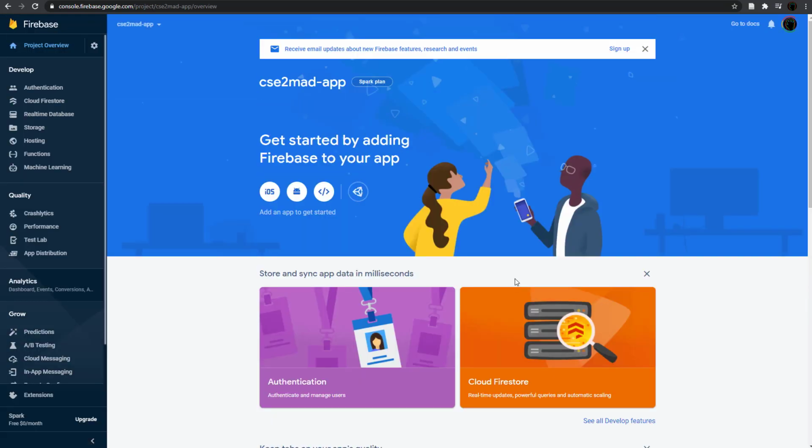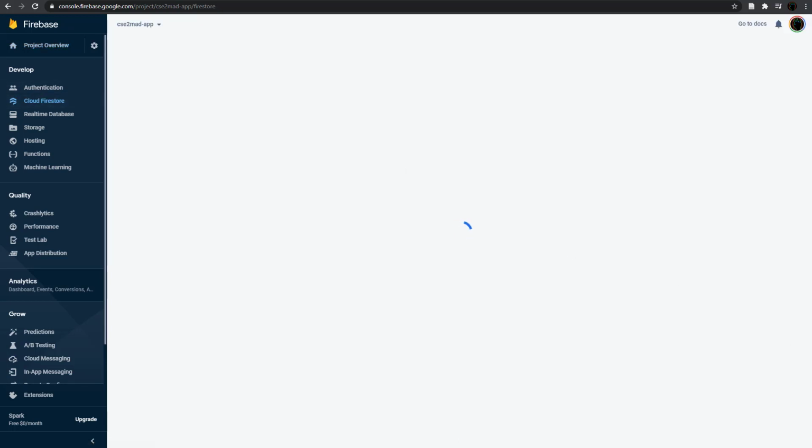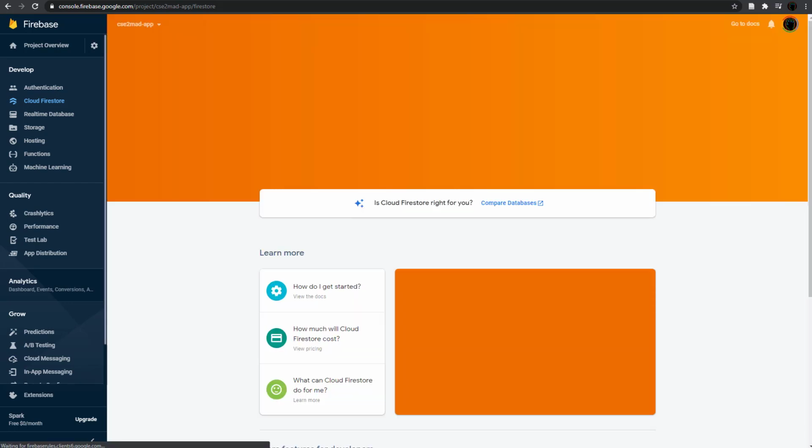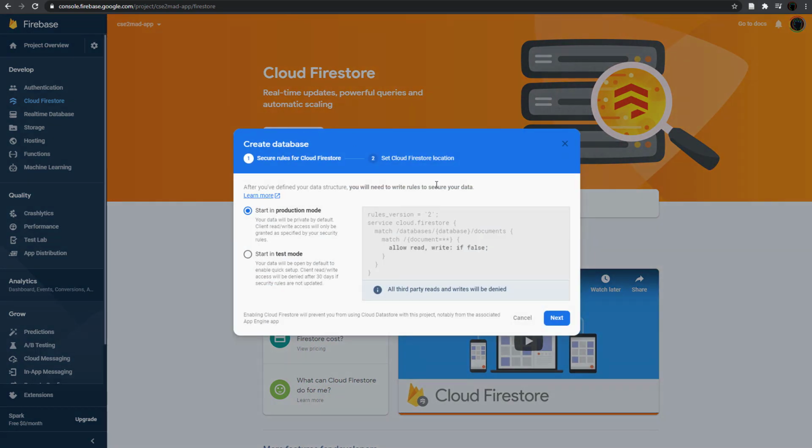Okay, so now we'll continue to our app project. Okay, so our project has been created here. And now we're going to add the Cloud Firestore. So we'll just click Create Database, and we will start in production mode. So that's cool, everything's private, which is easier. We'll go next,